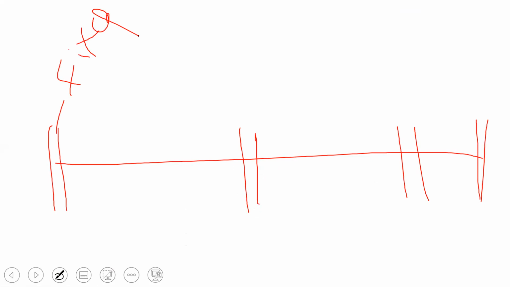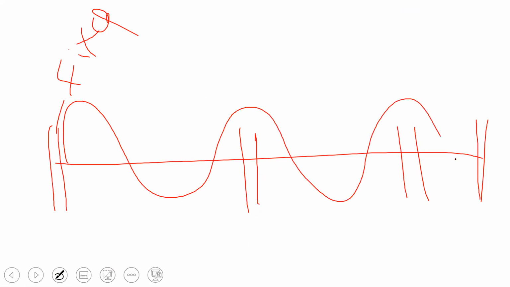Actually, what happens when the load comes on the beam, and due to the beam and the slab behavior, I'm going to get this kind of bending moment. Can you see this? This is the kind of bending moment that I'm going to get. So what did you understand from this? That means here I'm going to get a positive bending moment. That is, my beam is going to sag here. And here I'm going to get a negative bending moment near the support. That is, my beam is going to hog.